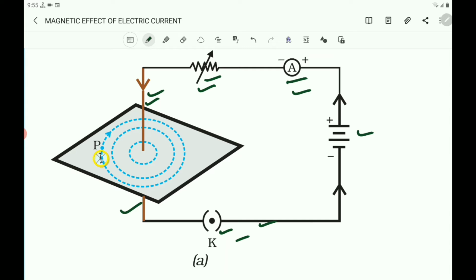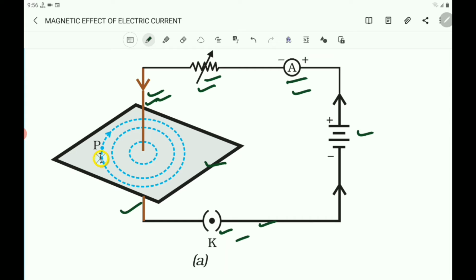Now insert the thick wire. Insert this thick wire through the center normal to the plane of a rectangular cardboard. You take a rectangular cardboard and insert the thick copper wire, and take care that the cardboard is fixed and does not slide up or down. It should not move up and down, otherwise it becomes difficult to conduct the experiment or do the activity.